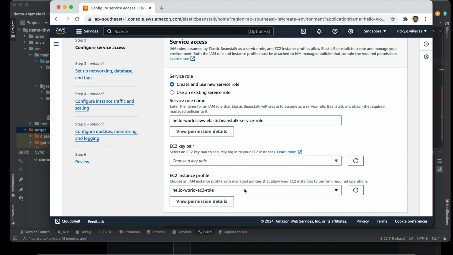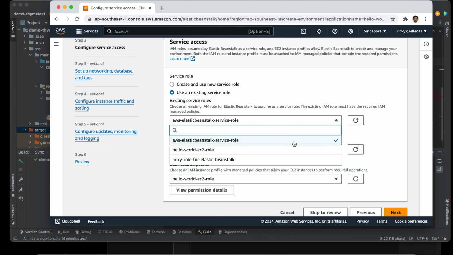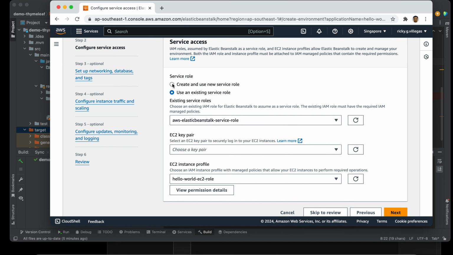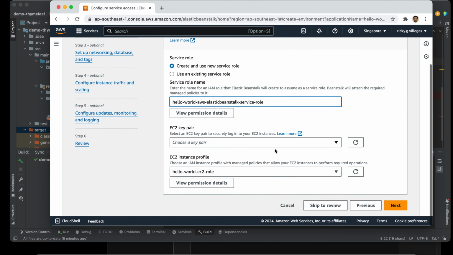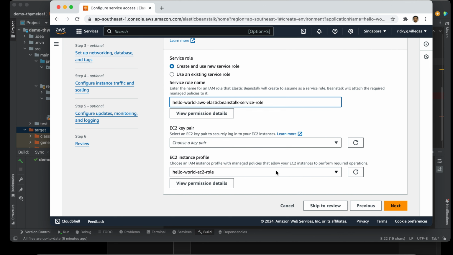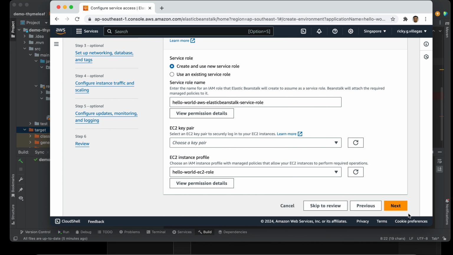The next time you want to deploy again, you don't need to do this. You simply choose the existing option, then select the service role that you want to use. But for the first time, let me show you how to do it. So we create a new service role, this is the name, then select the EC2 role that we created earlier. Then click the next button.